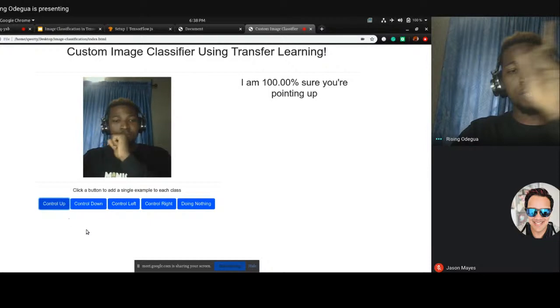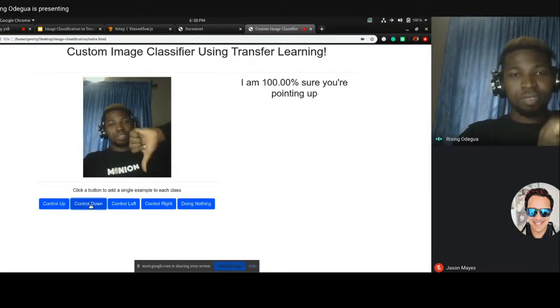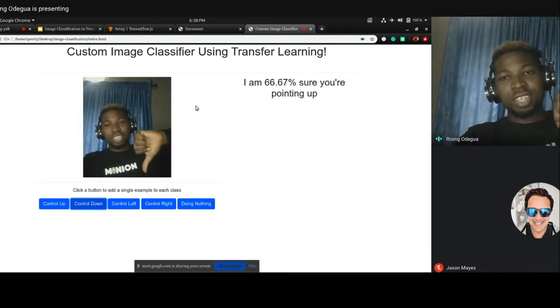Okay, so if I click down now, maybe I do something like this for down, click on it, you can see with just 2 classes, its prediction for pointing up has gone to 66% because it's not familiar yet with this class. I've added just a single example.